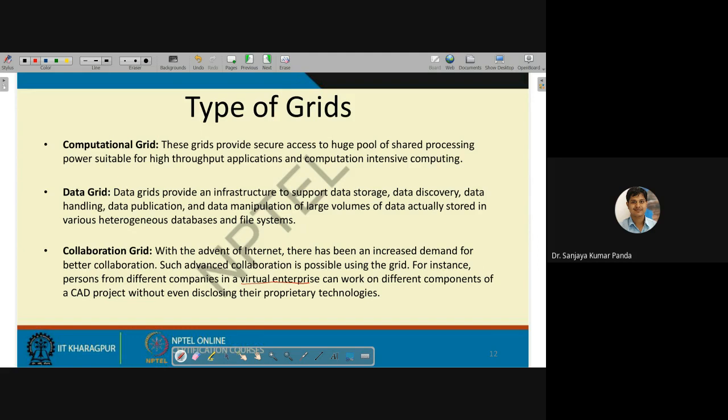Like in the software development process, from the requirement to the delivery of the software, there are a number of phases we have, and these phases are executed in different parts of a particular company. Like in multinational companies, they are situated in different places. One may be at New Delhi, one at Mumbai, another at Kolkata, another at Bangalore, Hyderabad, and other cities. So they can collaborate with each other to complete this particular project. They don't want to reveal the proprietary technology or underlying technology, still they can complete that particular project. So when people from multiple locations are joining through a virtual enterprise, we can use the collaboration grid. It is another form of grid, but irrespective of the different types of grid, our objective is to provide resources to the user. Okay, so let us